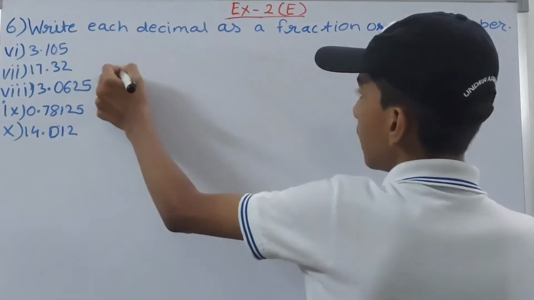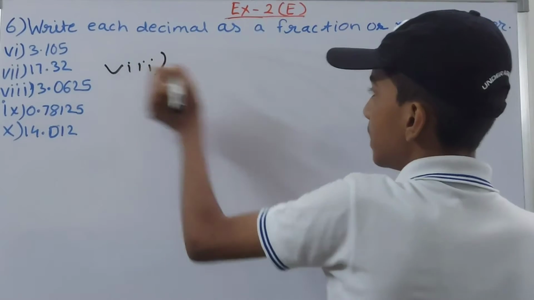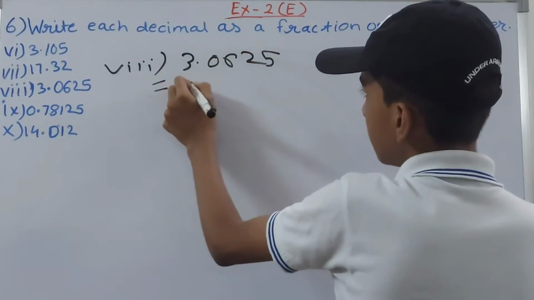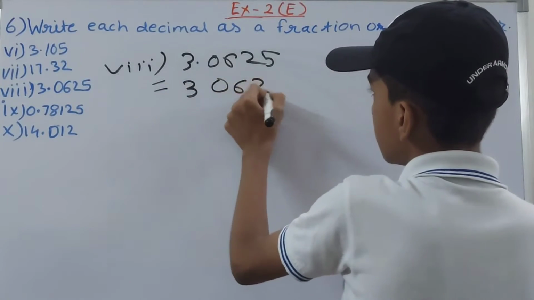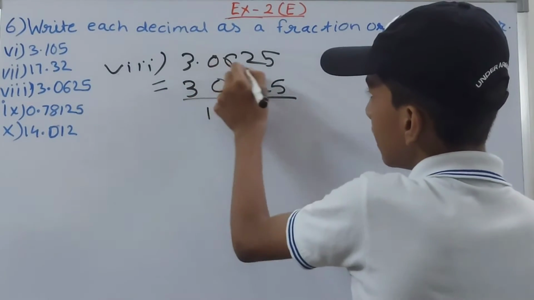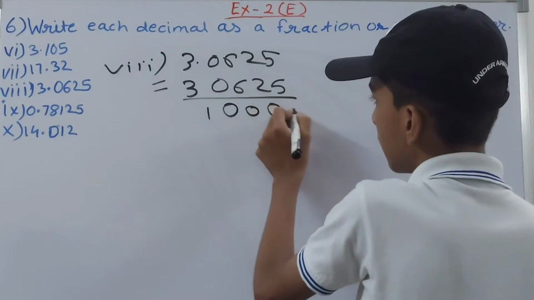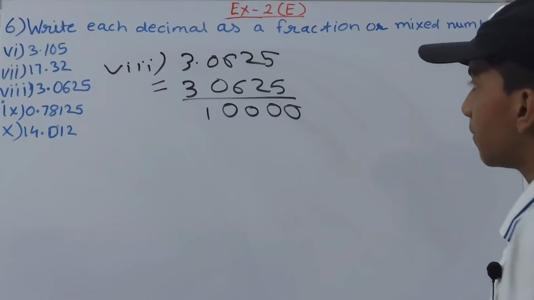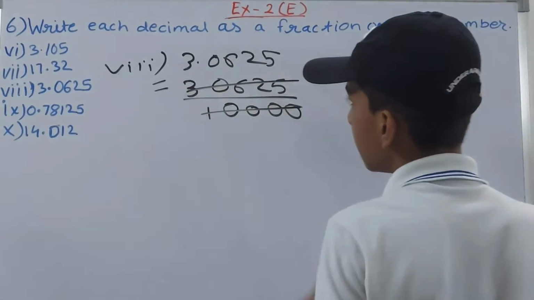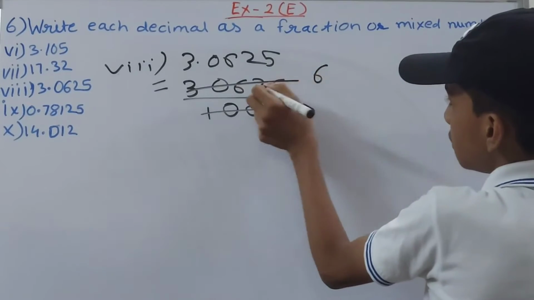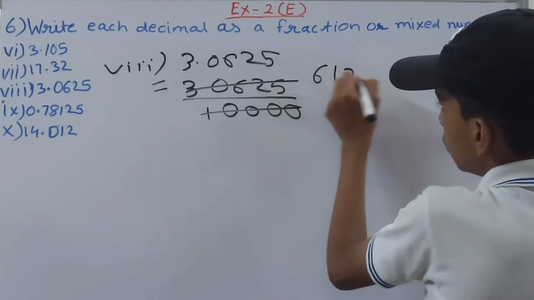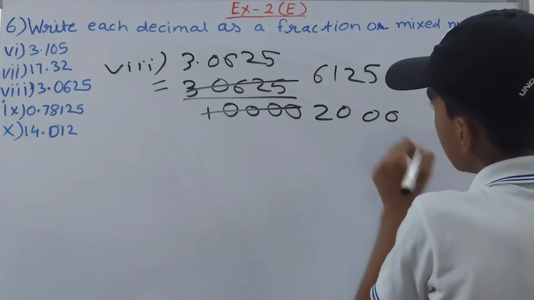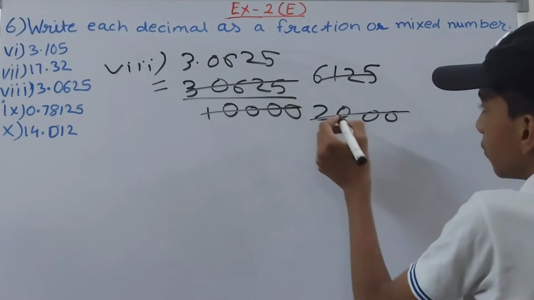Now we'll move on to the 8th part, and this one is 3.0625, right? So we'll get 30625 upon 1 and 4 zeros, so 1 0 0 0 0, 10,000. Again we'll simplify this. Let's cut this off by 5, right? So 30 goes 6 times, 6, 1 and there, so 2 and 2 there, 5, so 6125, and here 2000, right? Again by 5 only, so we'll have it here